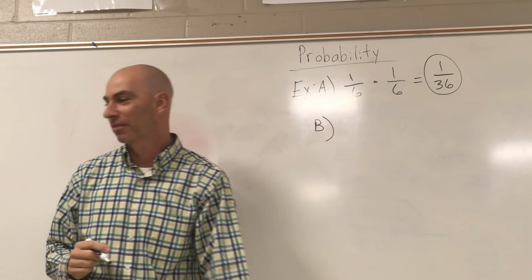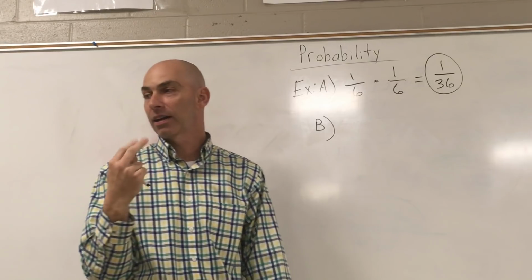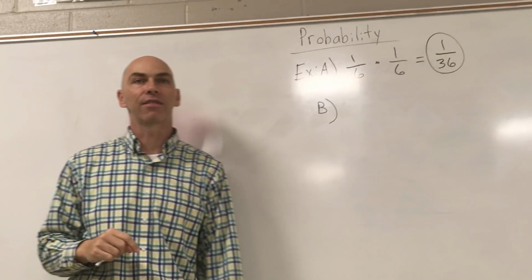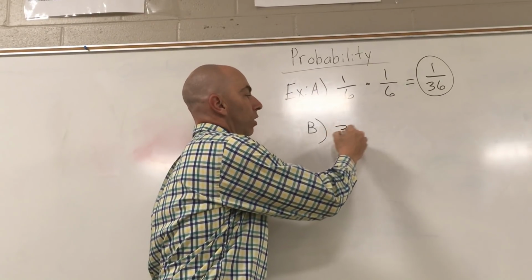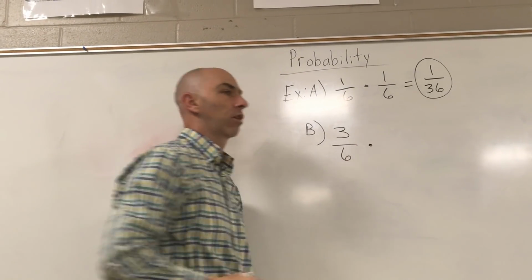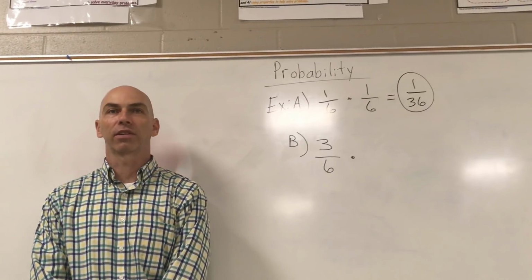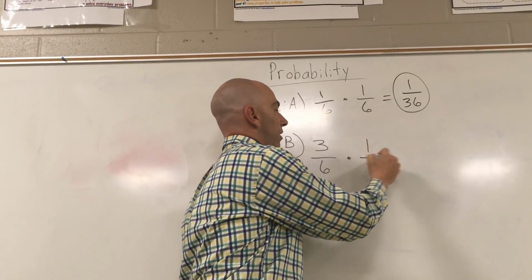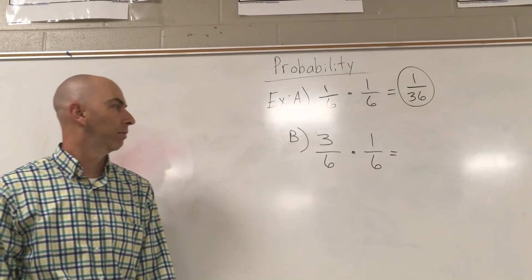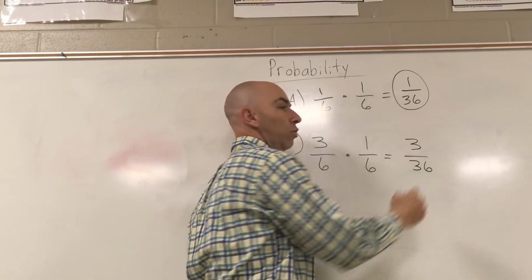Exhibit B. Probability of me getting, I got 2 die, a pair of dice. Probability of me rolling an even number on the first one. How many even numbers on the first? 3 out of 6. We can reduce it to 1/2, but right now we're not. I want to roll even on 1 and get a 1 on the other one. How many 1s are there on the other one? 1. Good job. So I multiplied the 1/6 times the 3/6, or 1 over 2. Multiplying together, we got 3 over 36, which can reduce to